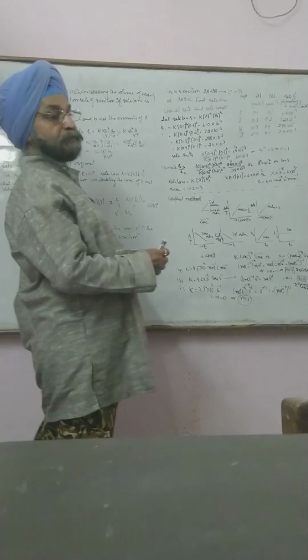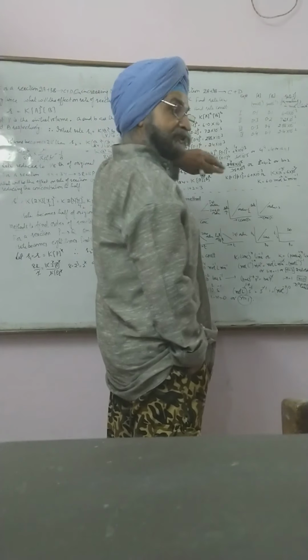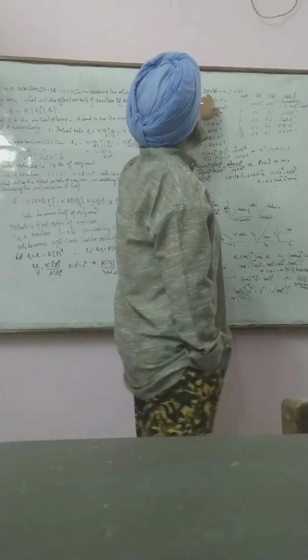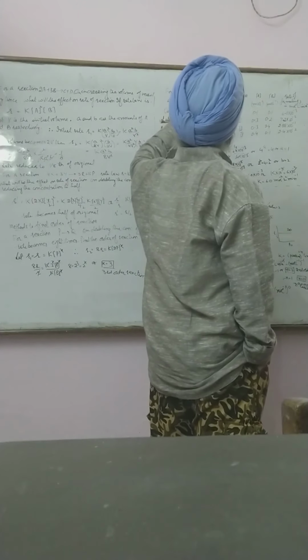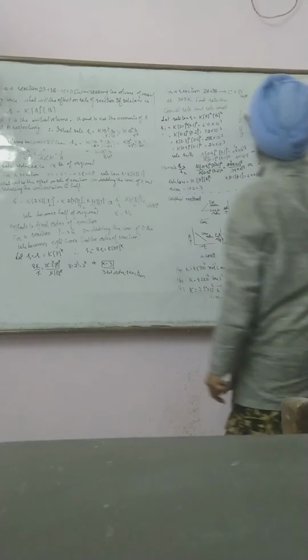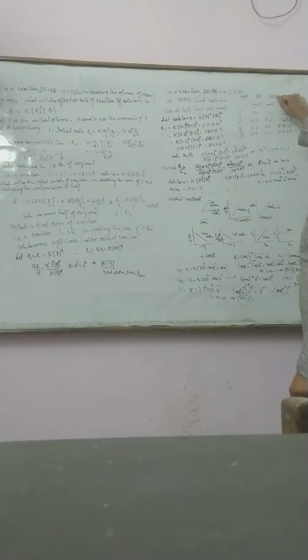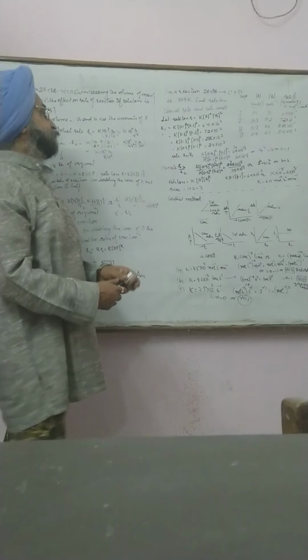Large numbers of questions are available on this. Another question that is also on the initial rate method: for reaction 2A plus 3B gives C plus D, at 303 Kelvin, find the rate law, overall order, and rate constant. There are 4 experiments. The concentration of A is provided to you, concentration of B is provided to you, and these are the rate of formation of D. The units are mole per liter per minute. And we have to first of all find out the rate law, and then from the rate law we can find out the order of reaction.